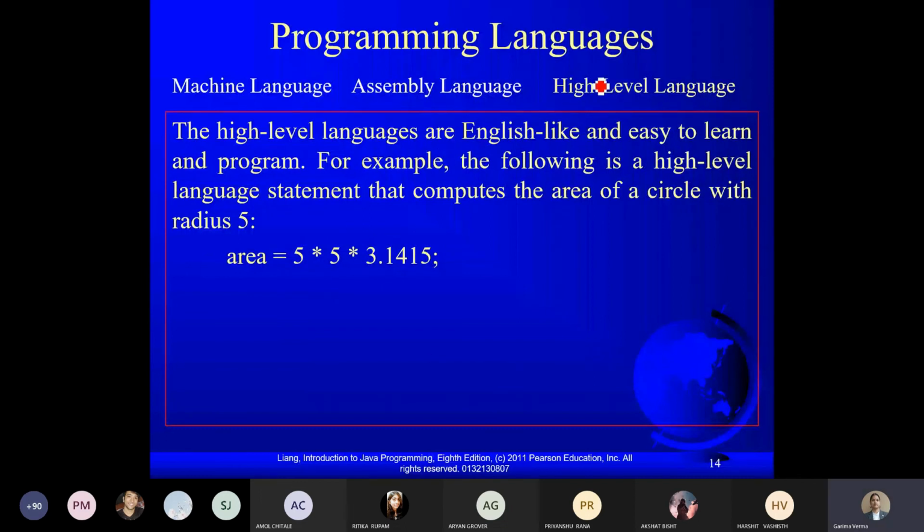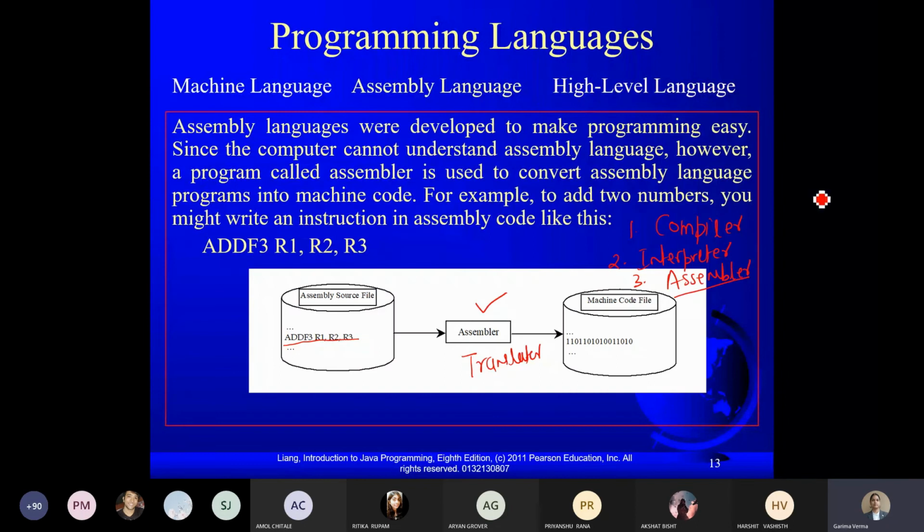Then we have high level language. To convert the high level language into machine level language, we have two type of translator: compiler and interpreter. So basically compiler will convert the whole program at once into the machine level language. Suppose my program is containing 10 lines. So it will convert all 10 lines into the machine level language. Then it will give you error line wise, like one line में ये error करी है, third में ये करी है, four में ये करी है.